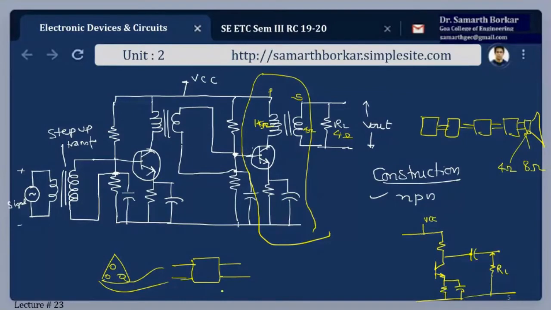The simplest test is this: if no labeling or specification is done, typically they just mark an arrow here denoting this as the primary. Otherwise, if this arrow or sticker is missing, then you have to take a multimeter and check the resistance of these 2 wires and the resistance of these 2 wires. Whichever is offering high resistance is primary, and whichever is offering less resistance is secondary.